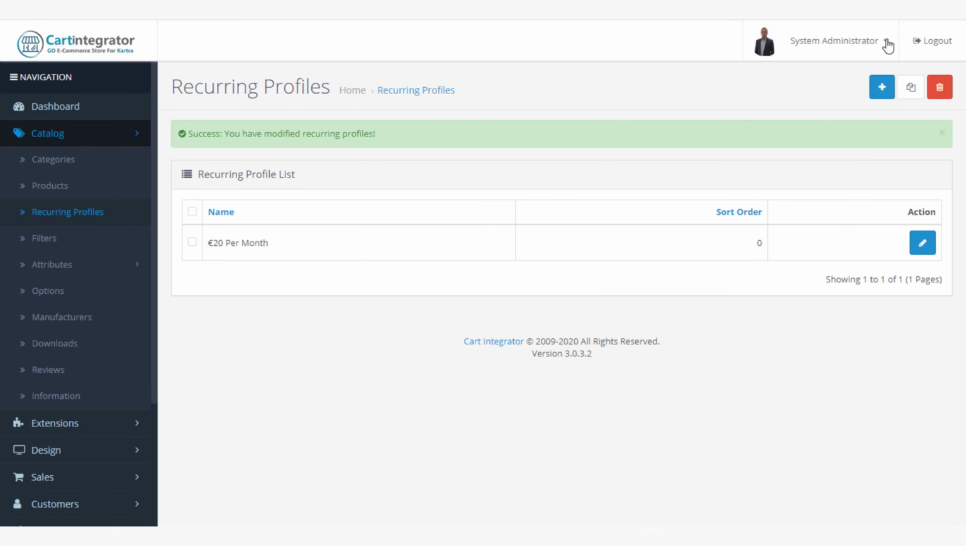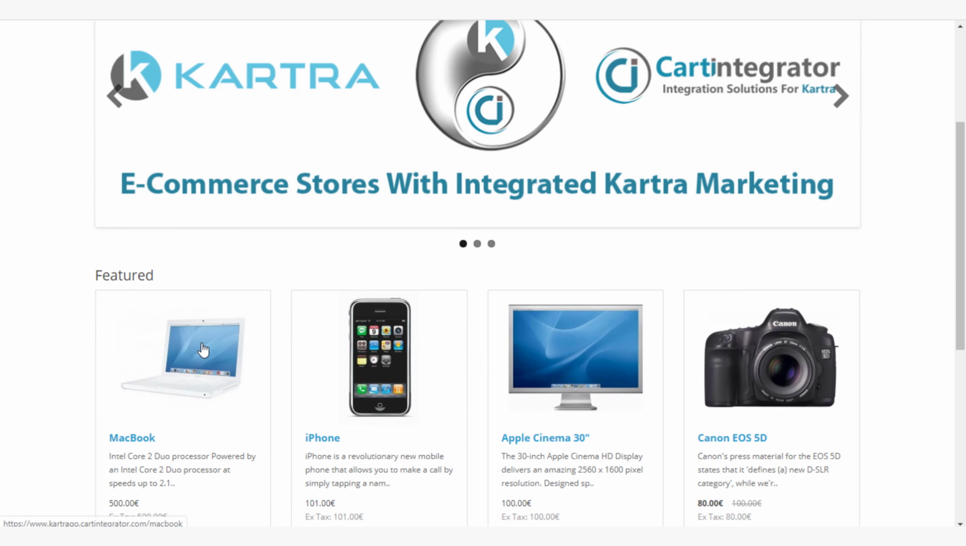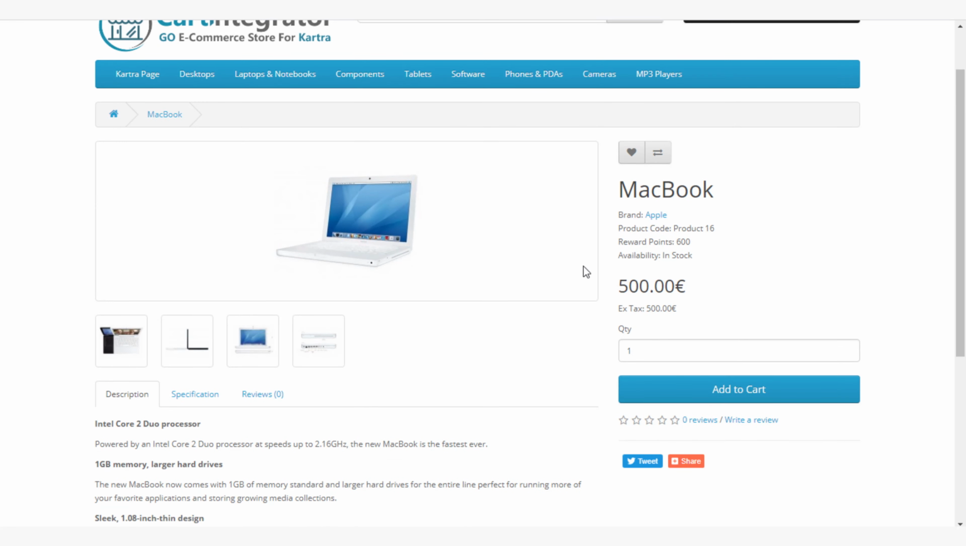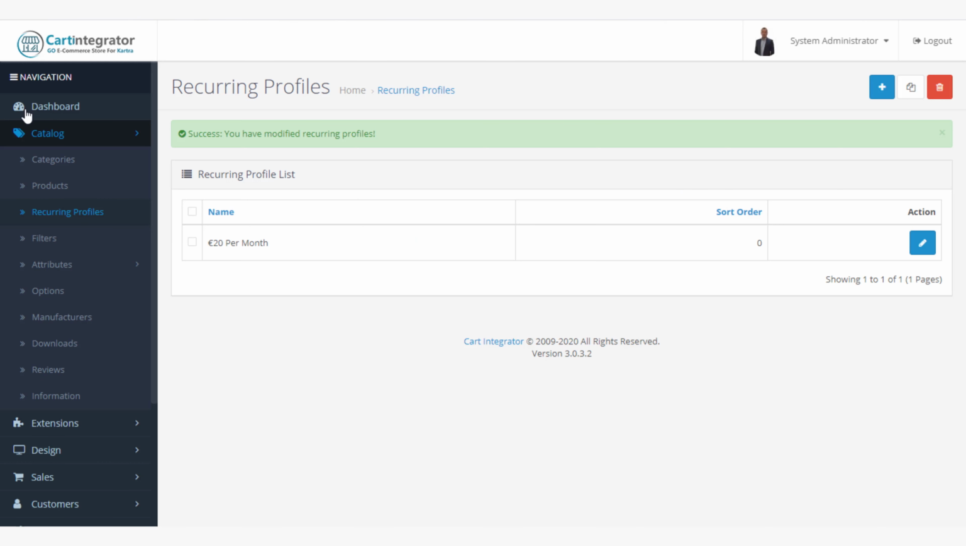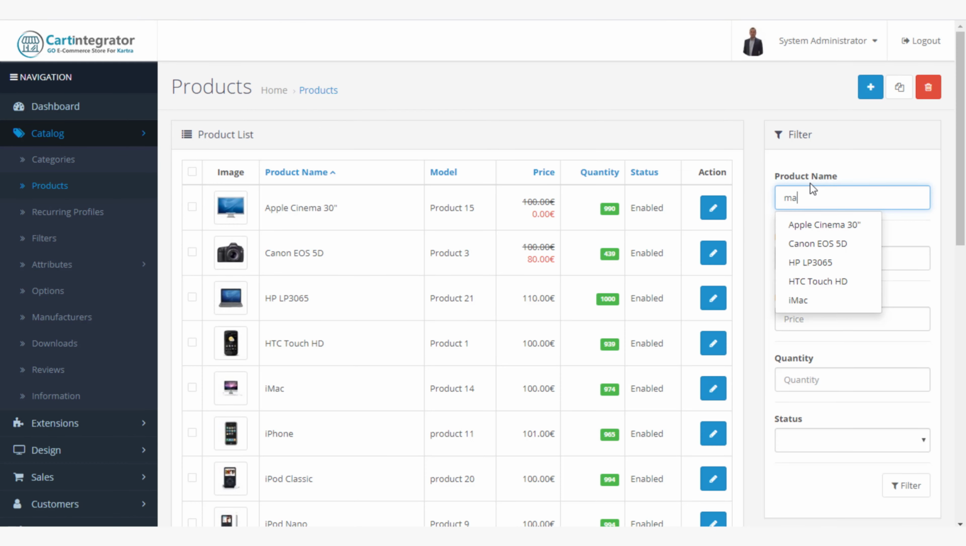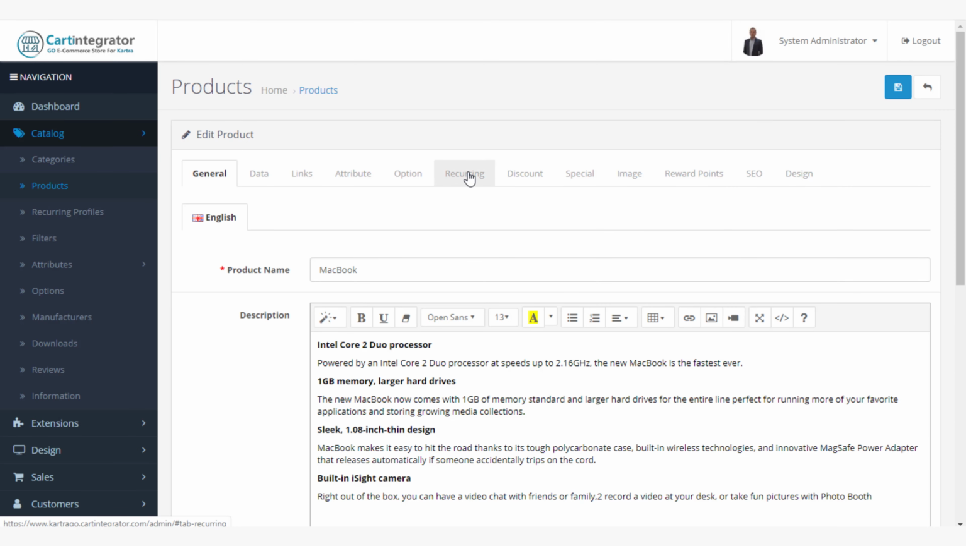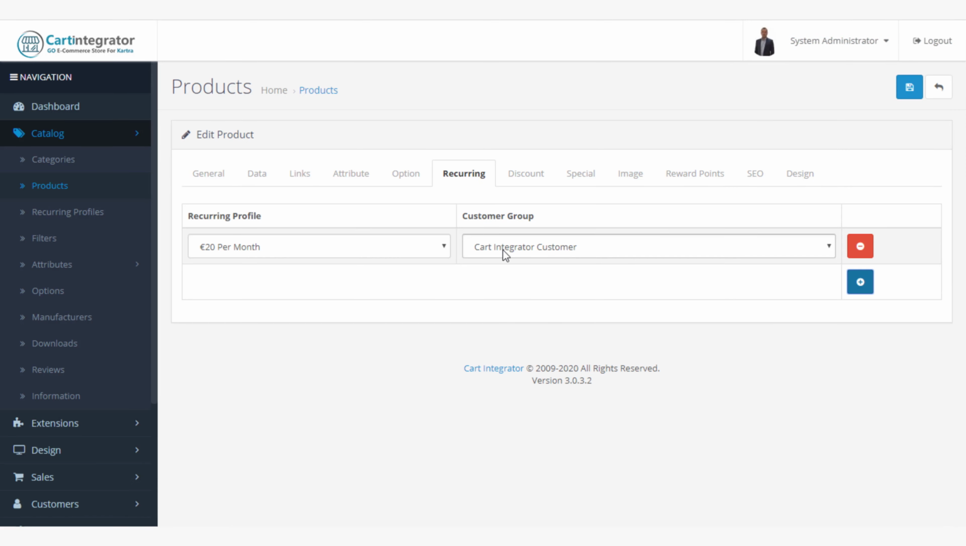it to a product. So if we take a quick look at our Cart Integrator store, we take a look at our MacBook product, we can see that the MacBook sells for €500. But now if we go back and we click on products and we filter it by Mac, what we can do is then assign this recurring profile to the Apple Mac product, simply clicking on recurring, adding the recurring profile,